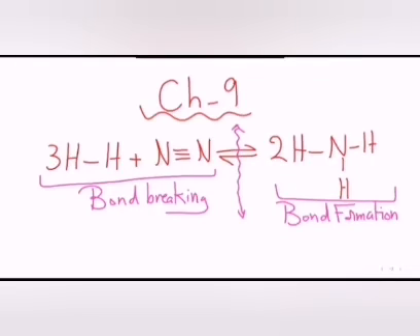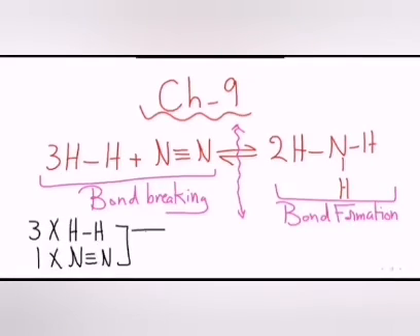Now, in bond breaking here, we have 3 bonds for hydrogen. So I will multiply 3 to the hydrogen-hydrogen bond energy value. And we have 1 nitrogen triple bond nitrogen, so I will multiply the bond energy value for nitrogen triple bond nitrogen by 1. Then I will get the total here